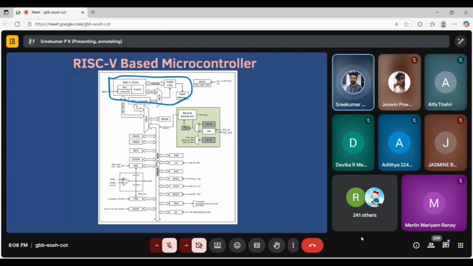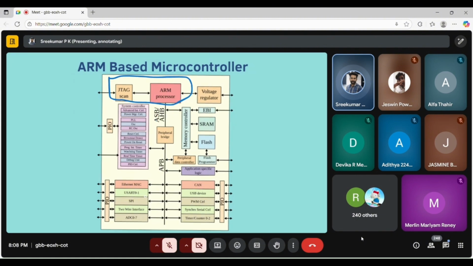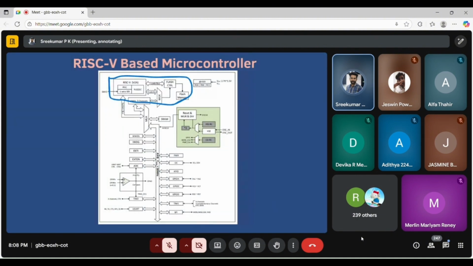This is some microcontroller's internal architecture which is based on RISC-V. See here the difference: it is connected on AHB. So that is what I said. It depends upon your company's wish whether to take an ARM processor or a RISC-V CPU. If you are making a RISC-V based microcontroller, you can easily take the RISC-V architecture from the website. There is one GitHub link. From there you can download all the Verilog code. With the help of that Verilog code, you can implement the RISC-V architecture.